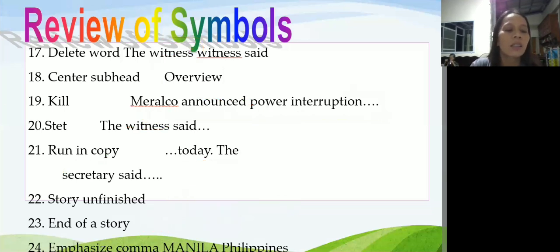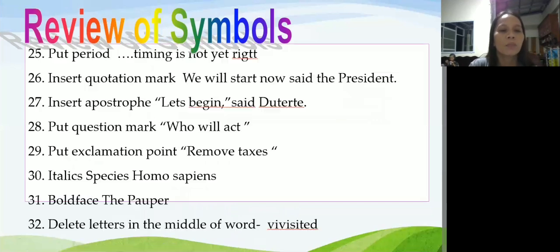Next. You put period. Lalagyan nyo lang dito ng tuldok and then period. Pero in this mali ang spell ng right. So, R-I-G-H-T. So, lalagyan nyo ng caret, lalagyan ng H sa taas. Insert quotation mark. So, open quotation, put open quotation, and then inverted caret, then comma, and then close quotation, put caret. So, quotation mark yan.